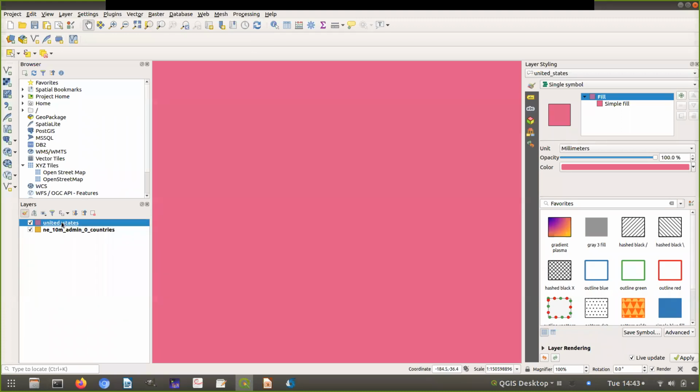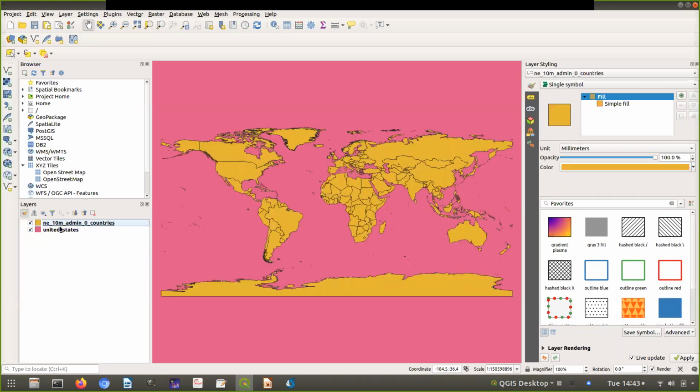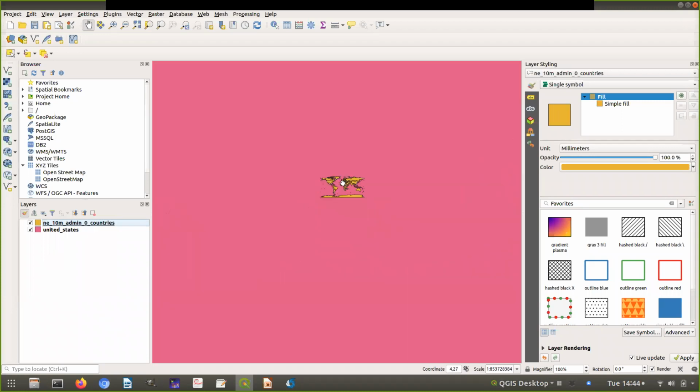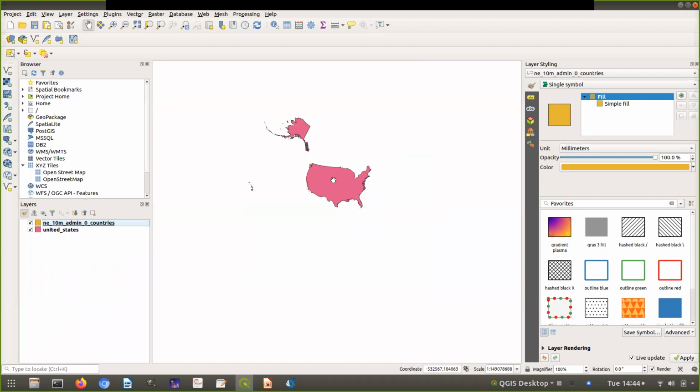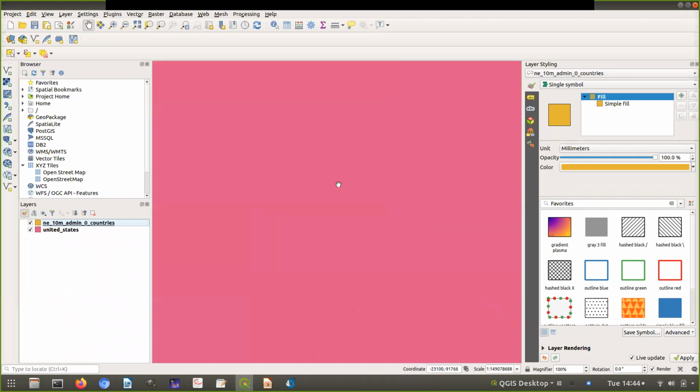If I drag and drop the United States layer underneath the countries, I can see that it's sat here, because these are plotted using their absolute coordinate references rather than reprojecting so they match up. I'm just zooming out. So the world one exists here. The reference system it's using makes it exist in the middle of